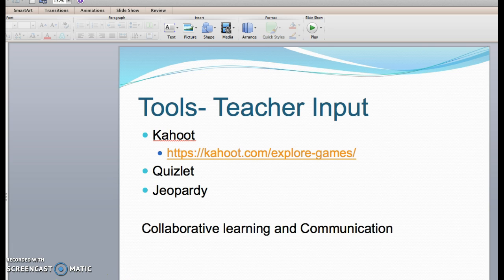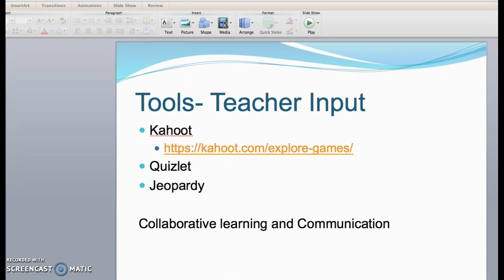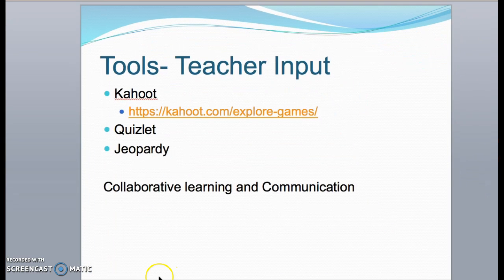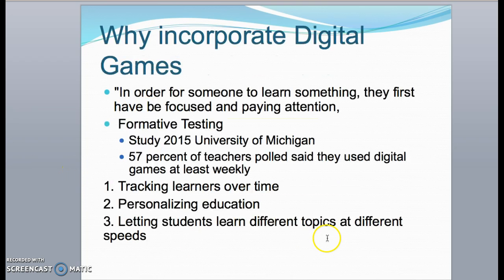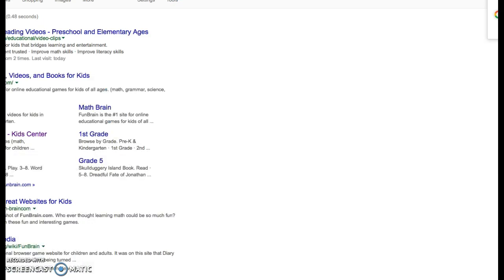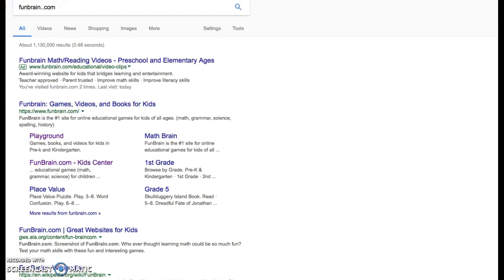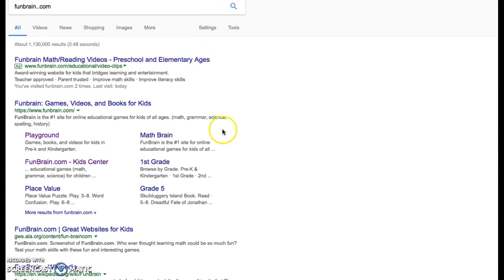So that's all I have for my presentation. I think one of the most important things is that these digital games can be used for helping students learn along the way. I think that formative assessment is really important, before you get to the end of your unit, knowing if students need additional help. The one resource that I thought was really cool is FunBrain,